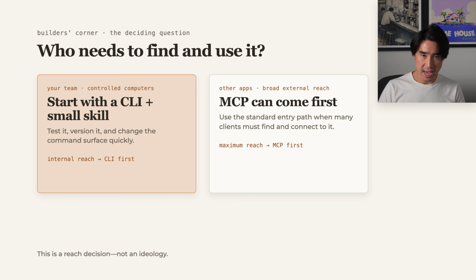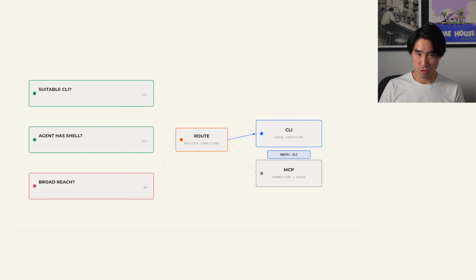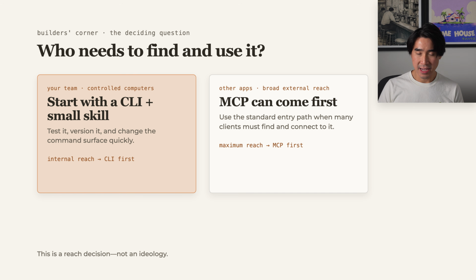And in the small chance that you want to build some tools for your agents, your team, your company, and you don't know where to start, a question that could help is, who needs to find and use your tools? If you don't need that level of reach, you might start and build a CLI first. For example, if it's just internal tooling and it's just a small group of people who use agents on the computer, you could build a CLI and a small skill that is testable. You can version it, and it's faster to iterate on as you figure out the best way to structure your tools